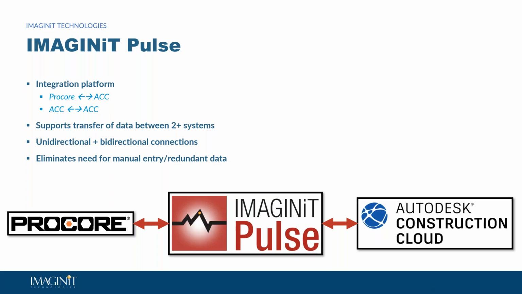We are able to process and migrate data as well. So if you happen to be in a position where you're moving off of, say, Procore, and you want to recreate historic projects or even active projects that are in Procore in the Autodesk Construction Cloud, our Pulse tool allows us to do that unidirectional push from Procore into ACC, which we consider more of a migration strategy